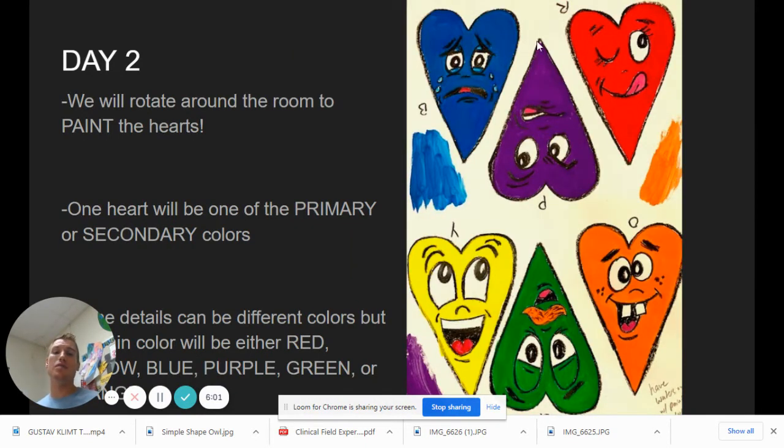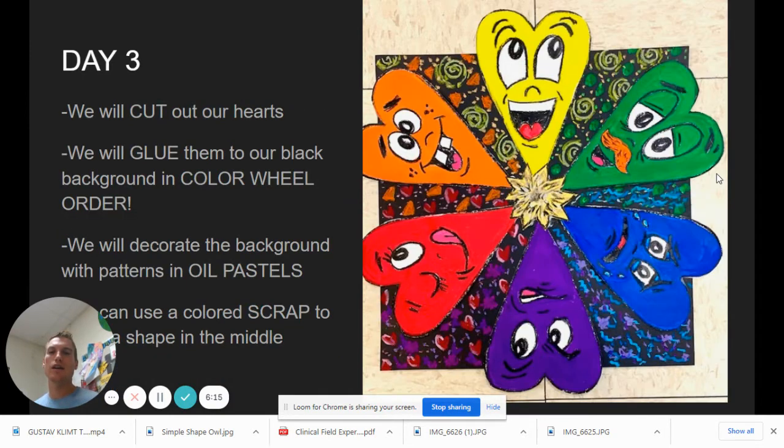Then in person, we rotated around the room and painted the hearts at the different colored tables. One for each of the primary colors, red, yellow, blue, and secondary colors, green, violet, purple, and orange. And then we cut them and glue them in color wheel order. Yellow's always at the tip top. And then warm colors on one side, cool colors on the other side, and they're always across from their complementary color. Boom. So orange and blue are complements, red and green, yellow, purple. Yellow plus red equals orange, yellow plus blue equals green, red plus blue equals purple. Color theory with Chris Uphues.